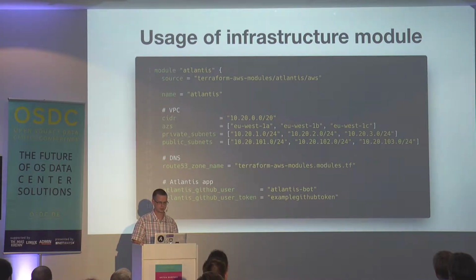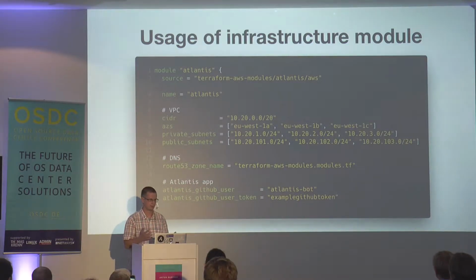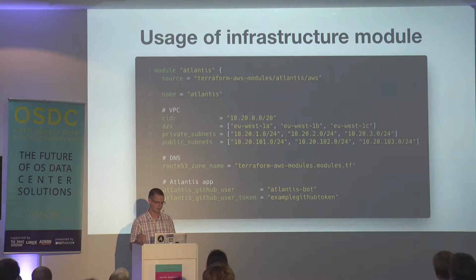For the user of this Atlantis module, they don't have to know details about how the VPC is implemented or how DNS is handled. They just know that this is the interface. So think about a module as an interface between something and something. I often think about this as an interface between the DevOps team and developers who know how to write code.